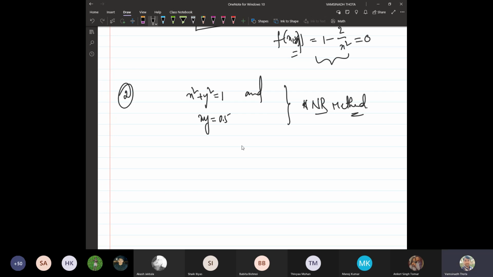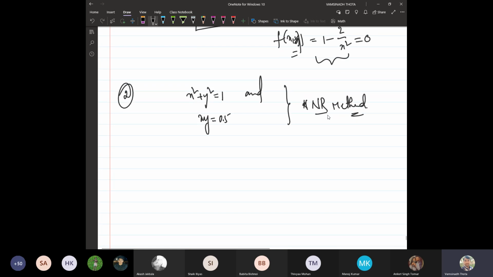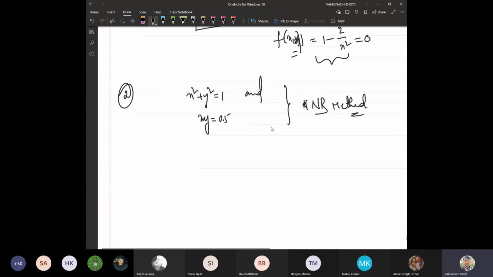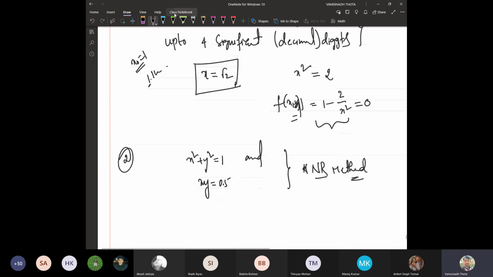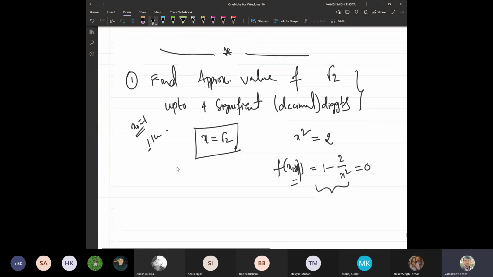And for this one, I have not given any initial approximation. Maybe you can start with the initial approximation x naught is equal to 1. Why? Because, as you know, the root 2 value is something like 1.14. You can start with the initial approximation 1 as x naught in all the methods. In the bisection method we need some interval, such that the function will have opposite signs at the endpoints of that interval.